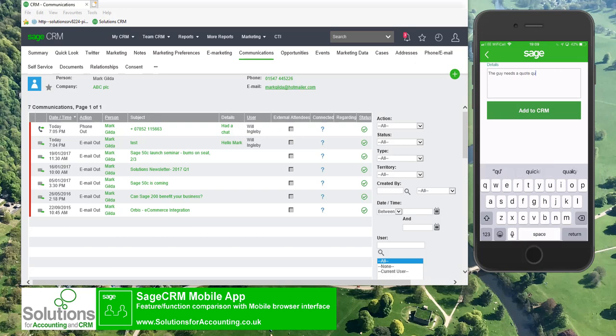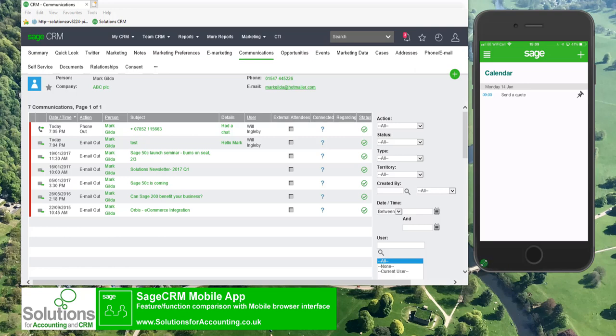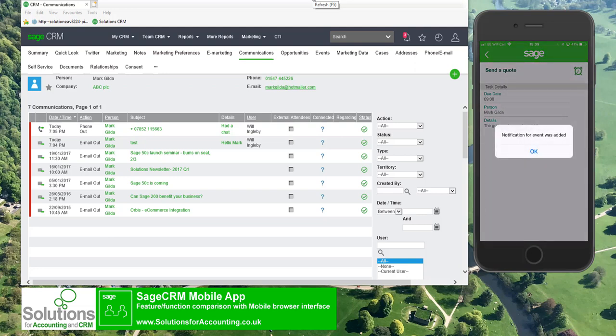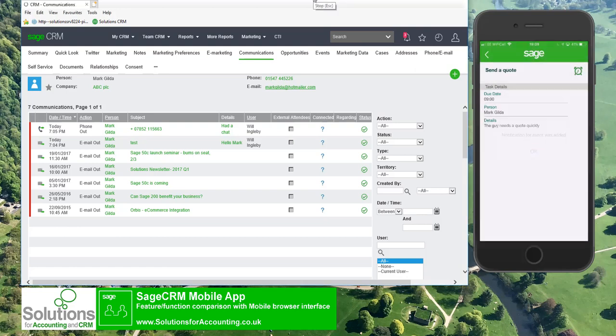The guy needs a quote quickly. Add to CRM. And that's going to be in my task list, ready for Monday morning. In fact, you can, if you want to, tap on the task that you've just created and enable an alarm. So the little alarm clock in the top right-hand corner, tap on that. If I click 30 minutes, then at 8:30 on Monday morning, I'll get an alert for that task on my